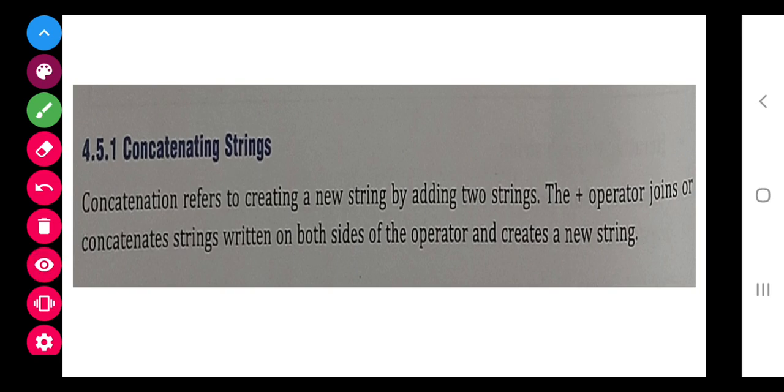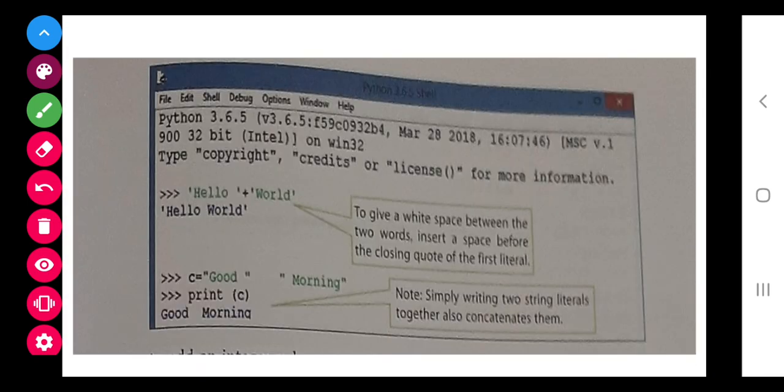Concatenation means addition of the two strings, or you can say joining of the strings. So class, you can see that hello world, I want to add up and make a single string, then I will use the add operator. Now here you can see that there is a space coming.